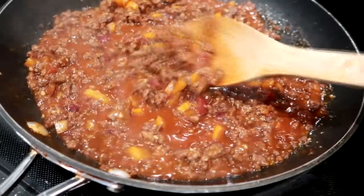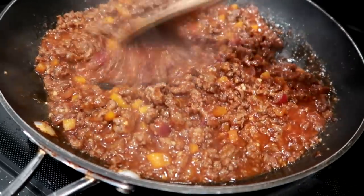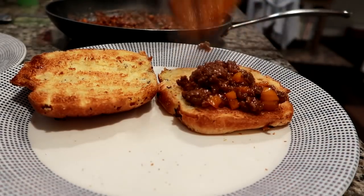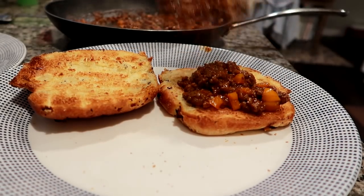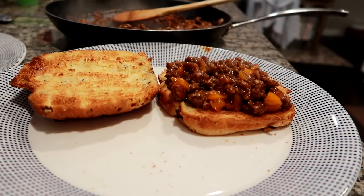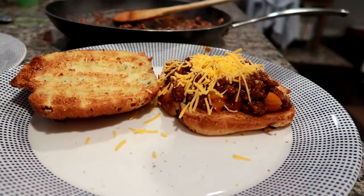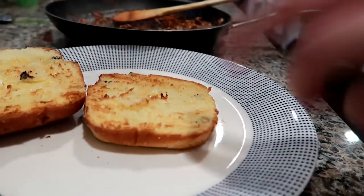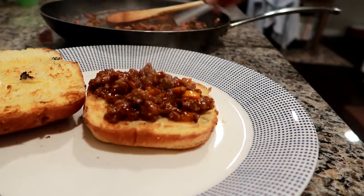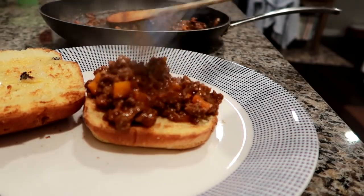So the next night I made the Pioneer Woman Sloppy Joe. I highly recommend this recipe if you do like Sloppy Joes. You could easily just Google it. I had these onion rolls here, and I just toasted them in the toaster, sliced them in half obviously, and put a little bit of butter, and then I put the Sloppy Joe mixture on top. I also decided to top the meat mixture with a little bit of sharp shredded cheddar cheese,